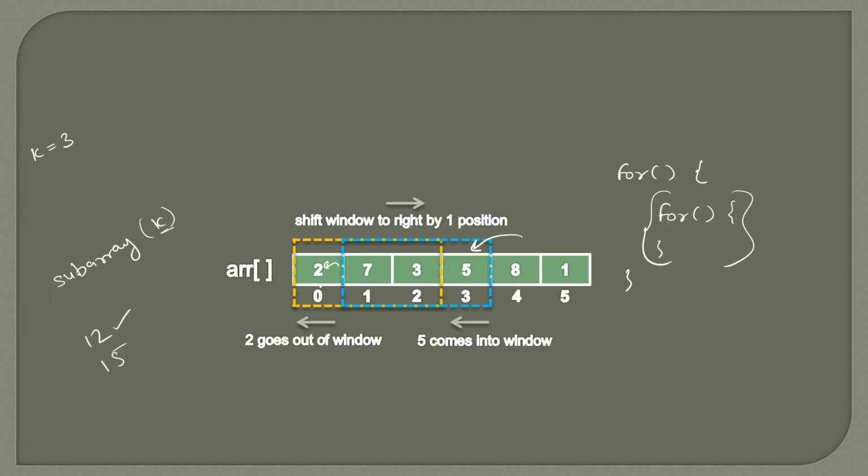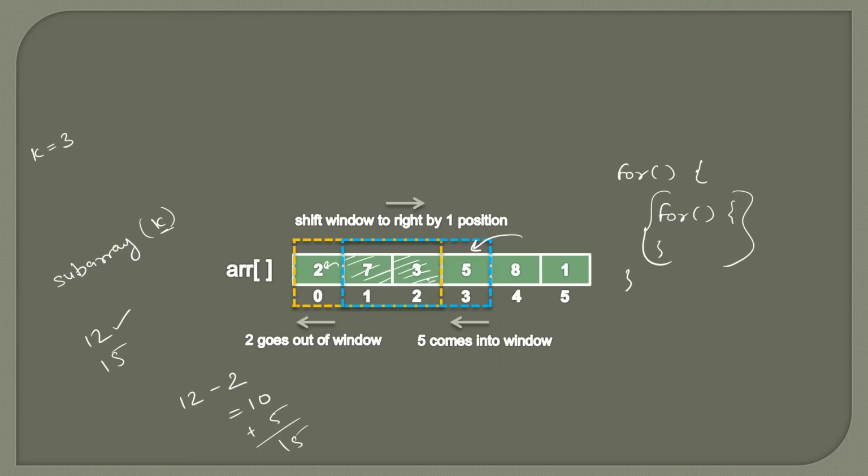Now here you can see we know the sum of the first 3 elements, which is 12. As we are moving the window ahead, 2 goes out of the window. We know that the sum is 12 and if we do minus 2, our sum will be 10, which is the sum of these 2 elements. And if we add only 5 to it, we get 15, which is the sum of our next 3 elements, which is in the blue area. So using this property will reduce the time complexity of the algorithm.